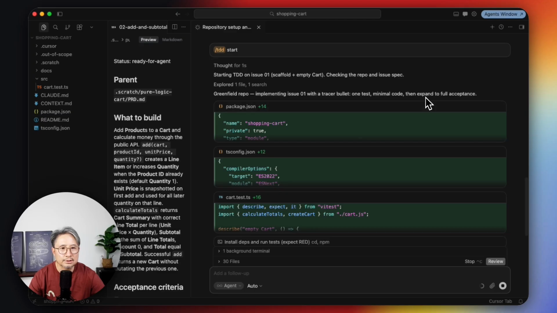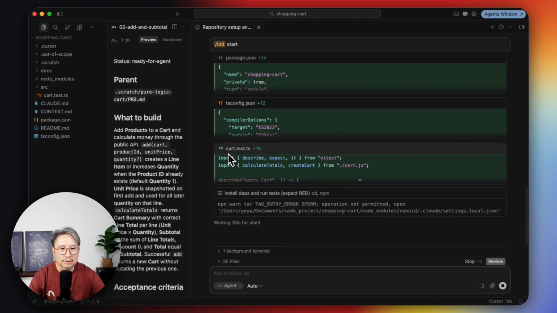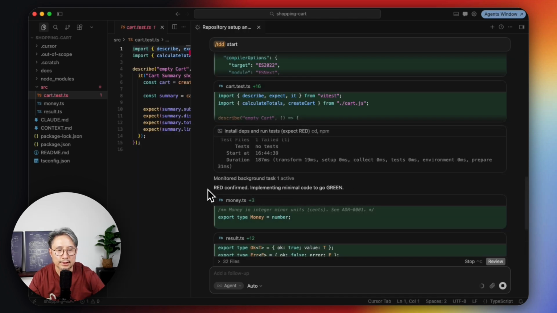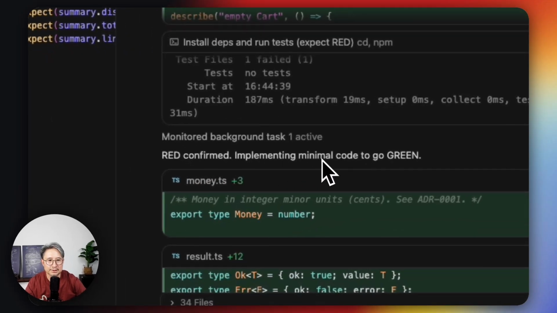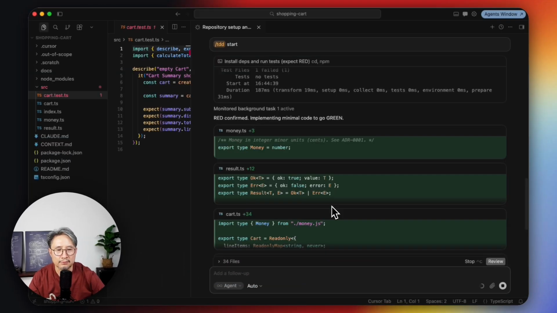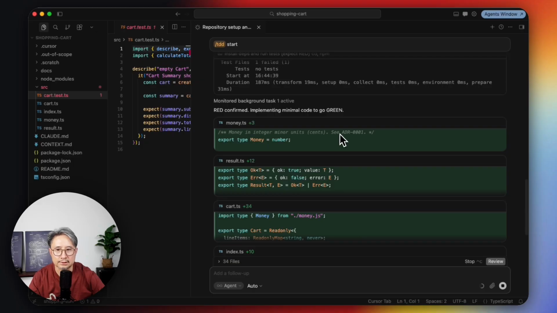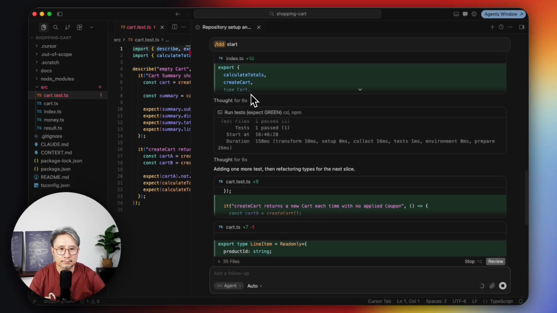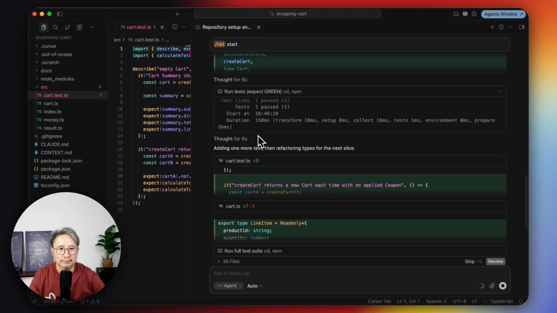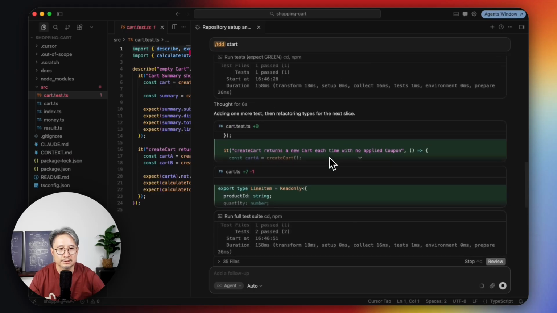Here you can see the greenfield repository that implemented issue 01 with a tracer bullet: one test, minimum code, then expand to the full acceptance. The cart test file is doing that job. It says red confirmed, implementing minimal code to go green. Now it's running the test again to expect green, and after this green, it adds one more test, then refactors types for the next slice.